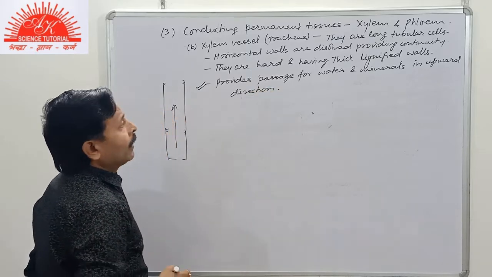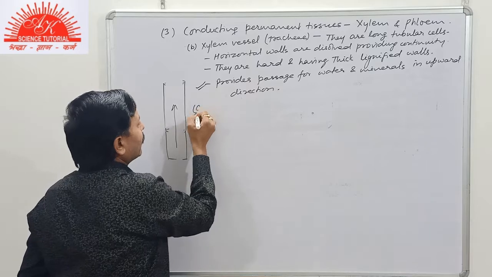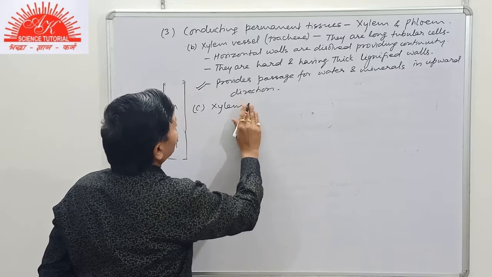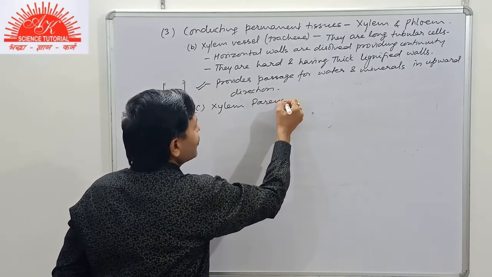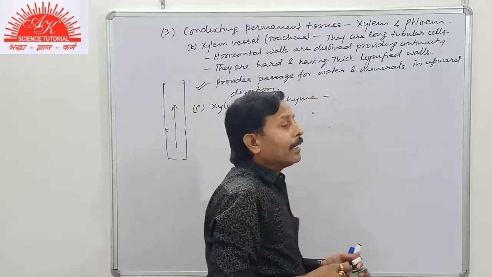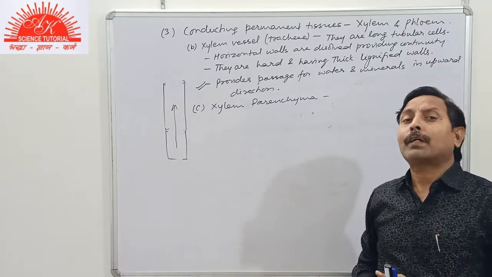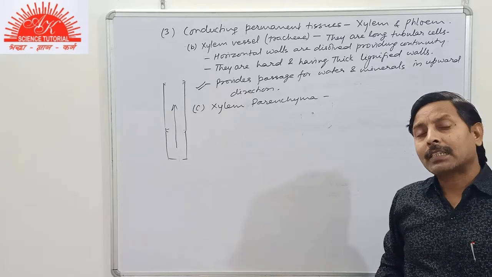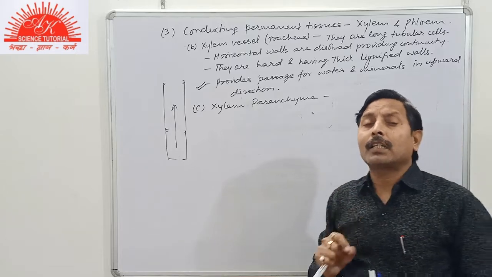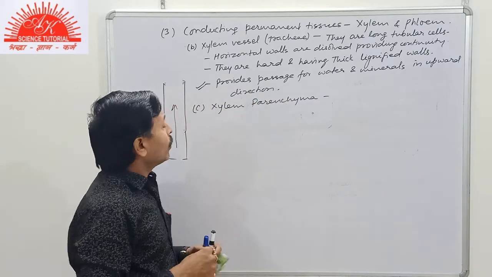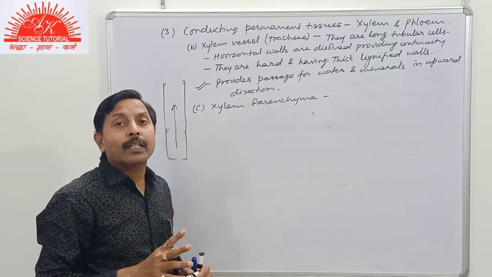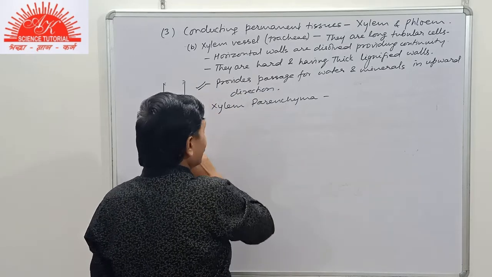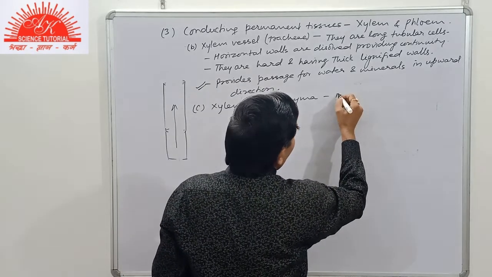Now there is a third structure, that is the xylem parenchyma. As we have studied in an earlier topic, supportive permanent tissue, that parenchyma is the living cell. It has a comparatively thin wall, small intercellular spaces, and they are meant for storage of food. So, xylem parenchyma is the cell associated with tracheids and vessels, and they